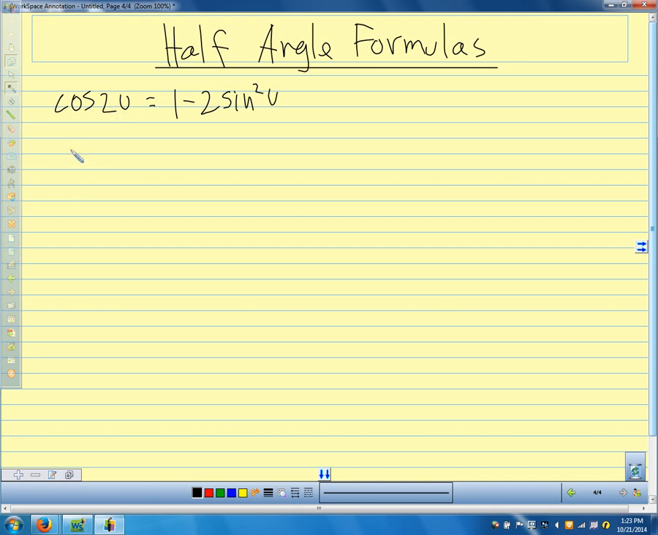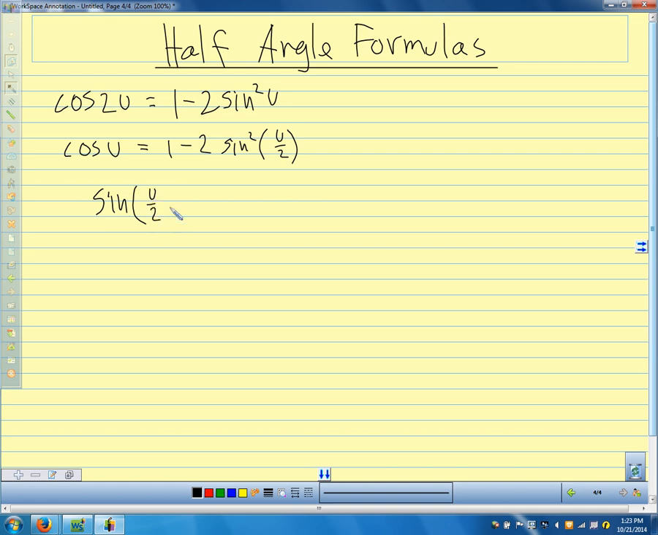So I could rewrite this as cosine u equals 1 minus 2 sine squared of u over 2. So u is twice u over 2. Yeah? So this is just rewriting the double angle formula in a little different form. And then I solve this equation for sine of u over 2. So I get sine of u over 2 by itself. When I rearrange and do the algebra there, I get the sine